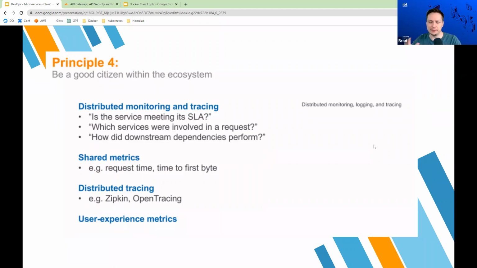And making sure the logging is set to a certain standard and adopts what other people are doing in your organization, that's just being a good person, right?